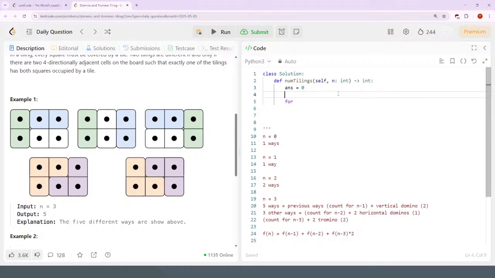So here I'll have my counts, and it's going to be starting 1, 1, 2, and then for size in range n, where size starts with, this is going to be 3 to n,